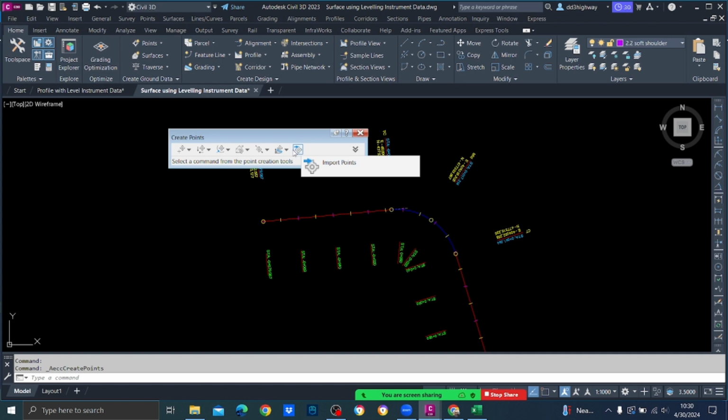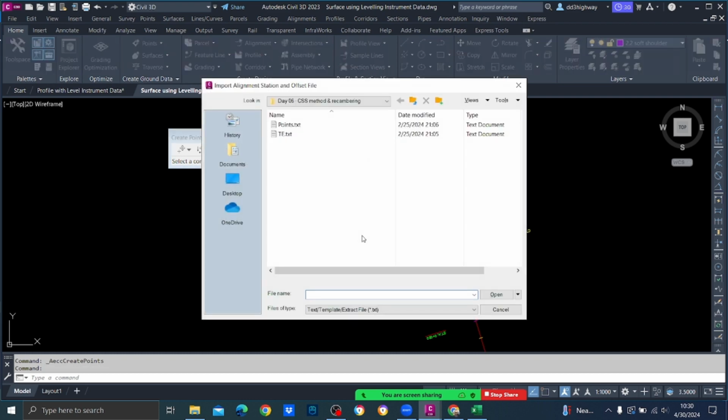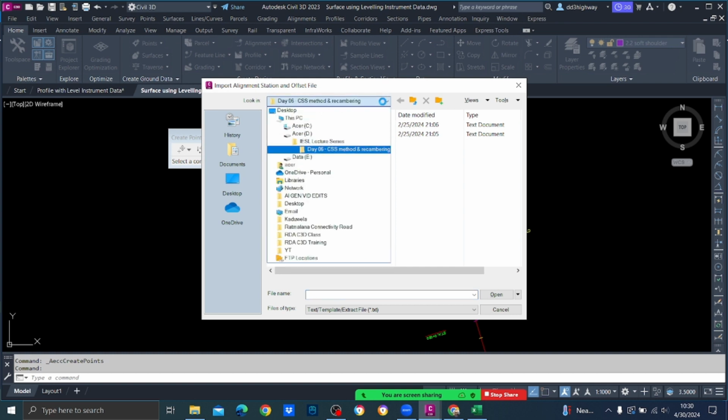import points. Today what we are going to use is, from the left, the third toolbar, the tool bit, and there we have import from file. Okay, this is the tool bit that we are going to use today to import the leveling instrument data. Import from file. Okay,